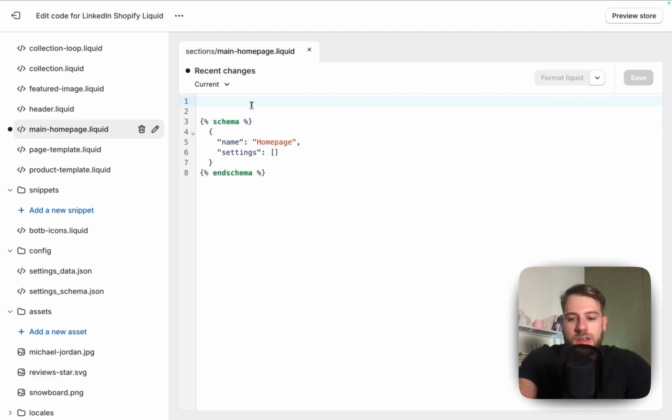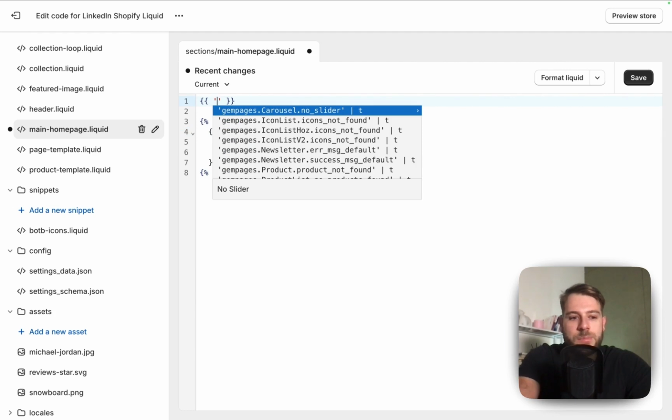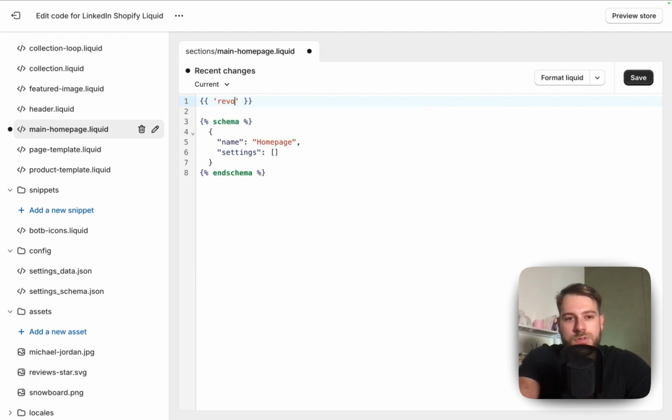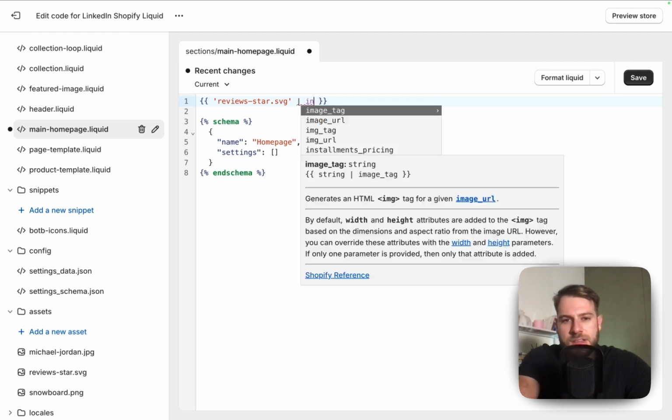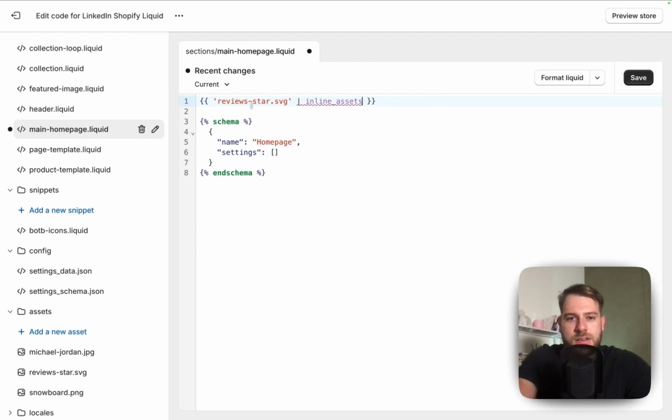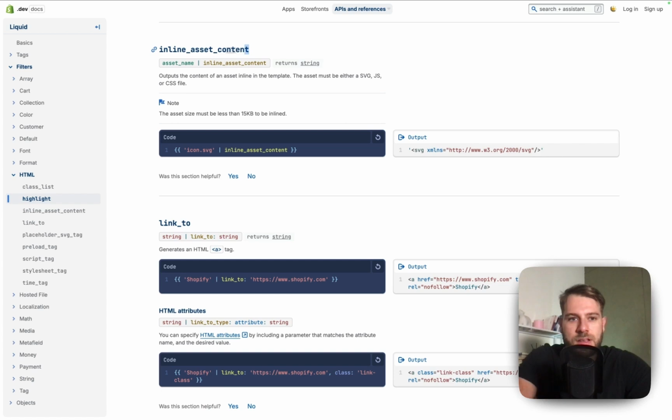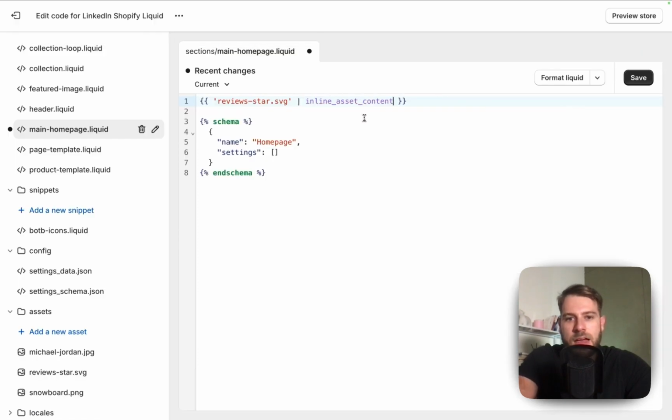So then we go over to here, and in order to bring that in, we just type the name of the file as it appears in the assets folder. So it was reviews star.svg, and then we run it through that inline asset content. I'll just copy it directly from the documentation. Inline asset content. And then if I hit save and we look at that page on the front end,